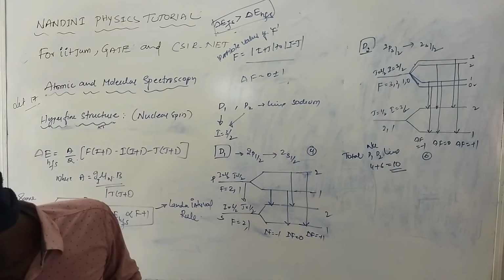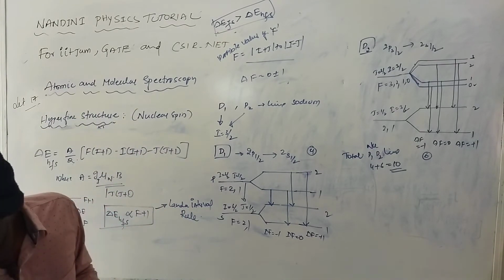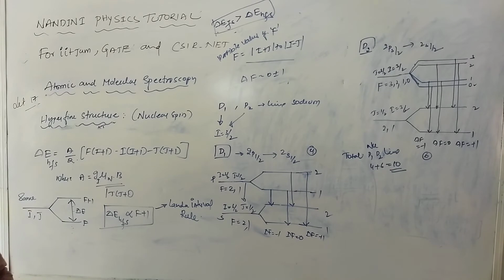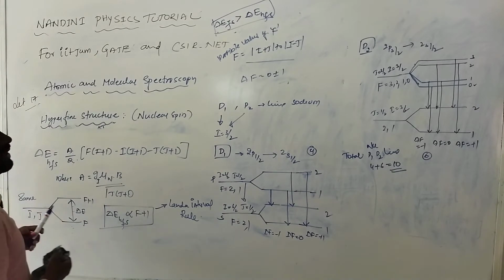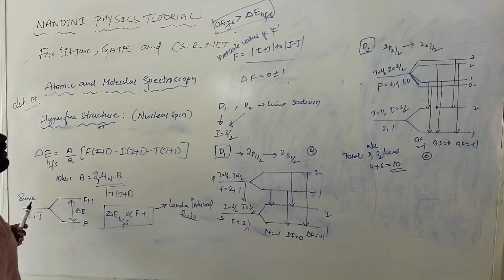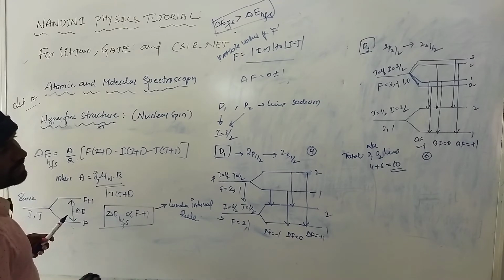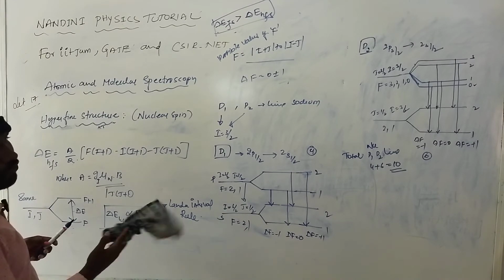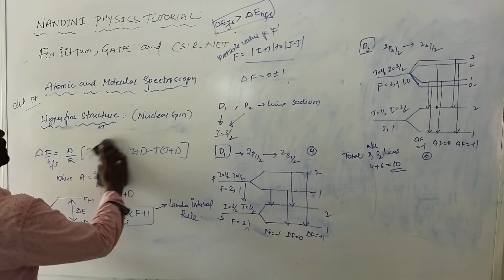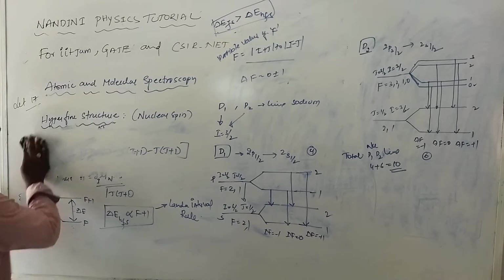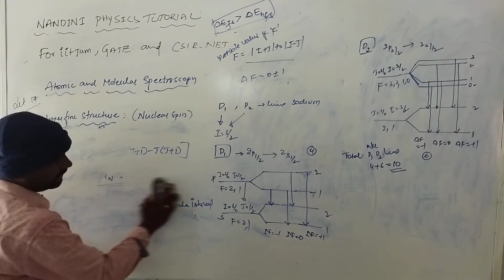Otherwise, if any one of the spectral terms is given, you can find out how many lines it splits into according to hyperfine structure. You can find it for any term. So I will write one example. See, two levels of an atom whose nuclear spin is given, one problem is there. I will explain that problem so you can understand how to solve for hyperfine splitting lines of a given transition. Okay, see, example.